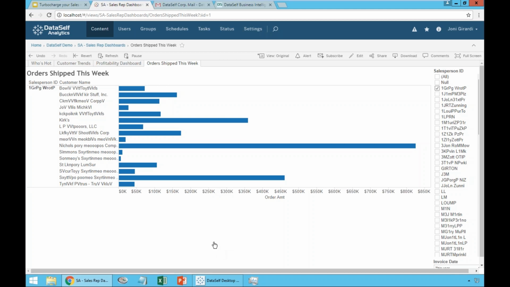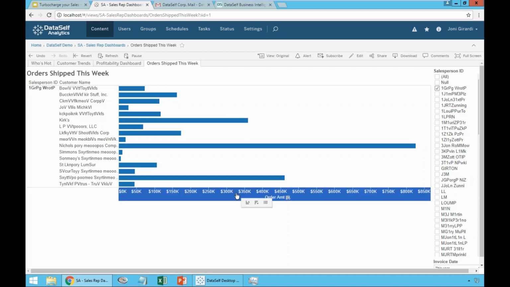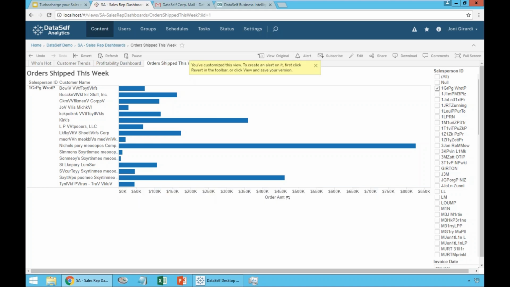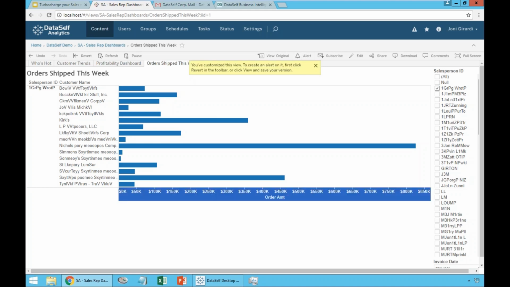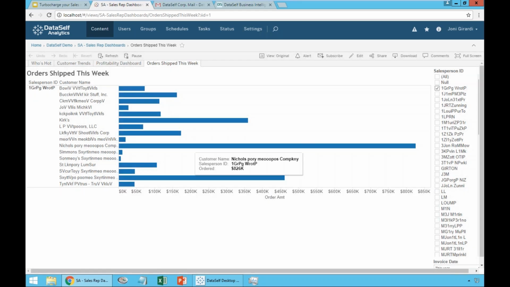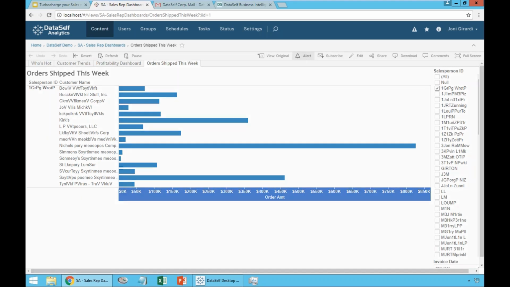So by having something like this, an account manager could come here and say, I want to create an alert. And every time any of these customers have a shipment above, let's say, $500,000, I want to receive an email in my inbox, and I'll give them a call. So as a salesperson, I come here, I click on this axis, I see when I create an alert. When I click the bar, I click alert,